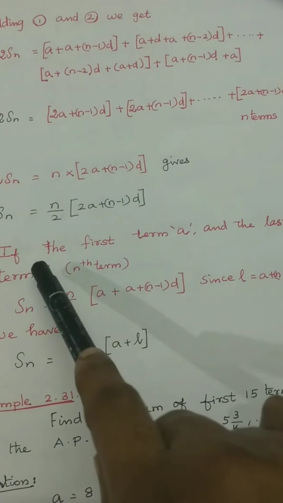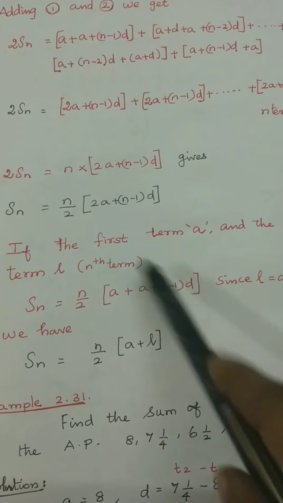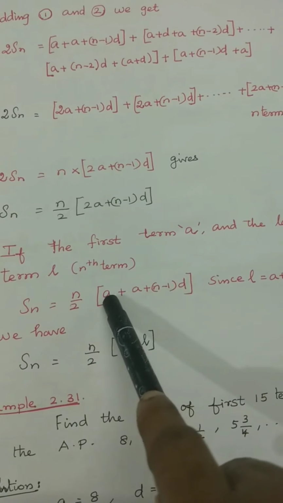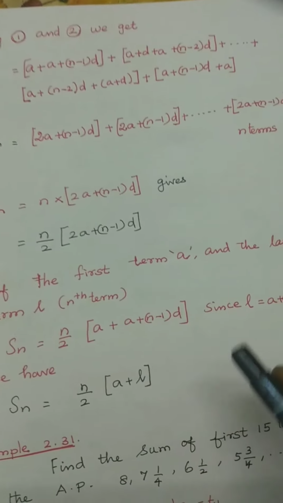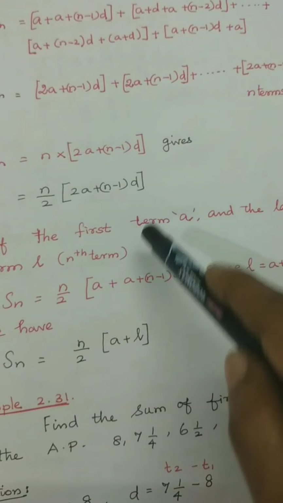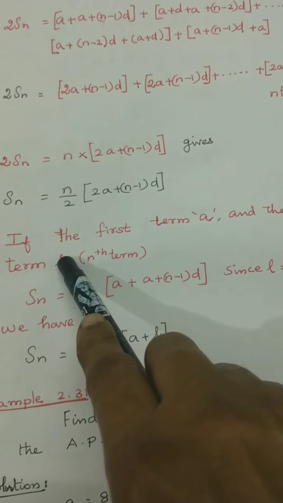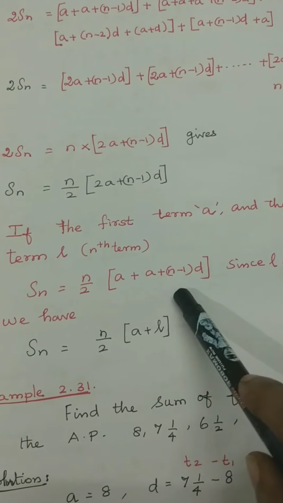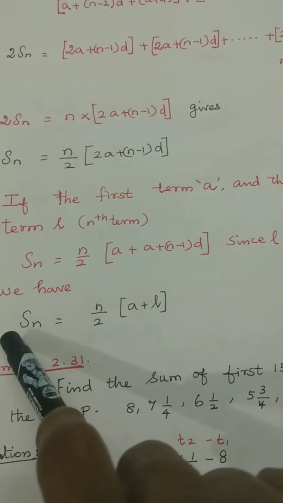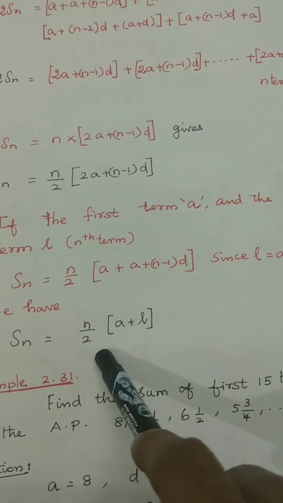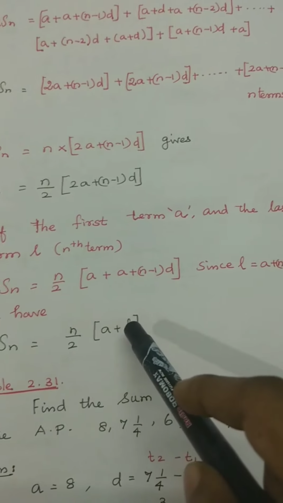That is, if the last term is given, we can use this formula also. A is the first term. We are splitting this A into A plus A, then n minus 1 into D. Here A plus n minus 1 into D is the last term. We already studied that A plus n minus 1 into D is the last term, so we take this as L. So Sn is equal to n by 2 into A plus L. Now we shall move to